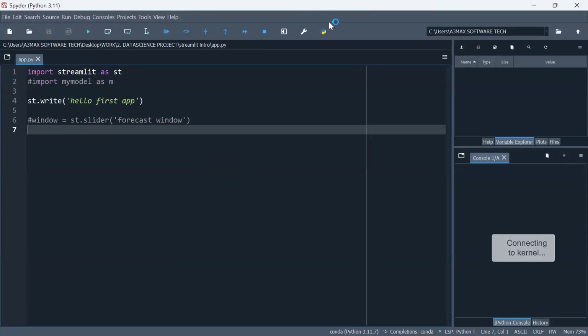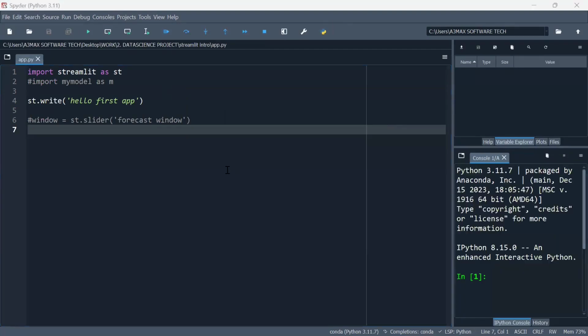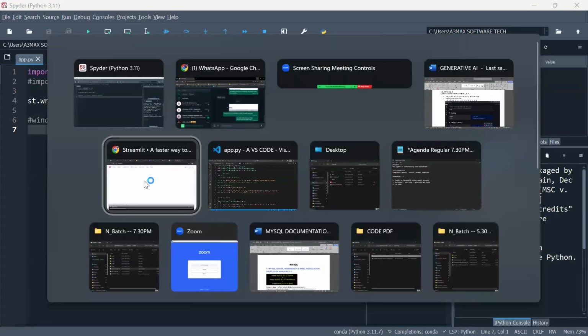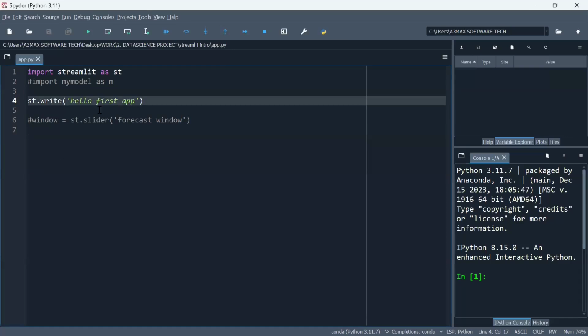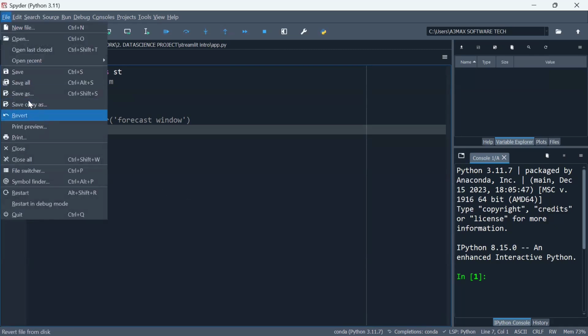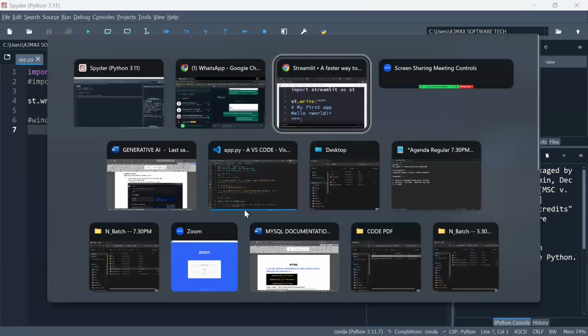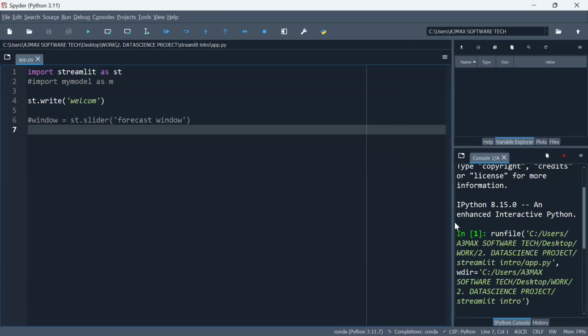Let's close this. Do you see I write the same code here? Import streamlit as st, and st.write hello, or you can say first app, or welcome. I can mention welcome. All right, so file, save all, and minimize. Just go to this one, same code I wrote. Just go here and execute. So when you execute,